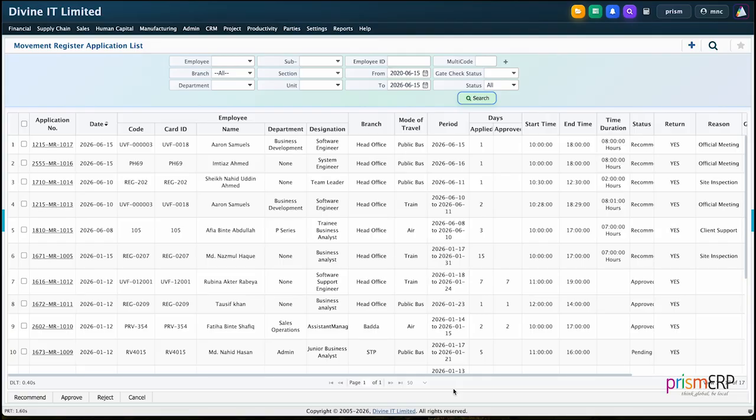Today we are going to learn about movement register in PrismERP. So movement register is used to record and track employees' official movements outside the workplace during working hours. It helps the organization keep a record of where employees are going, why they are visiting, and how long they remain